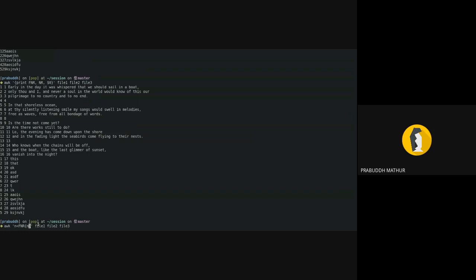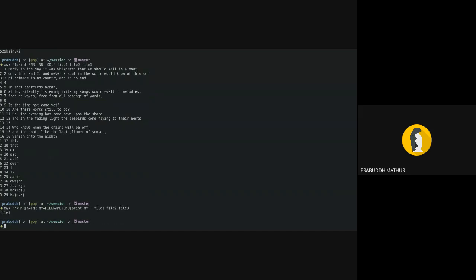So N is equal to FNR, and NF equals the file name. Yeah, it's printing the largest one.